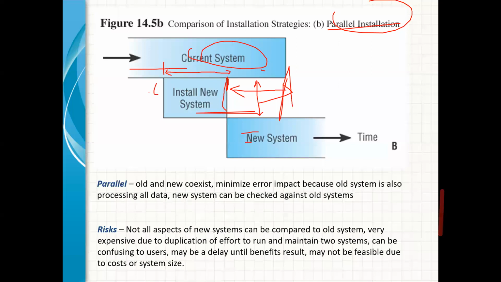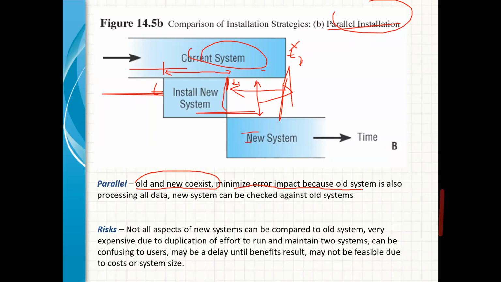Maybe this is T1, this is T2, this is T3. Between T2 and T3, both systems are in use, but after T3 the older system is completely shut down, and the company will continue using the new system. This approach is very good because both systems can coexist, and it can minimize the impact caused by